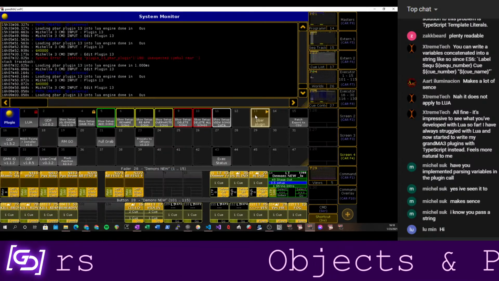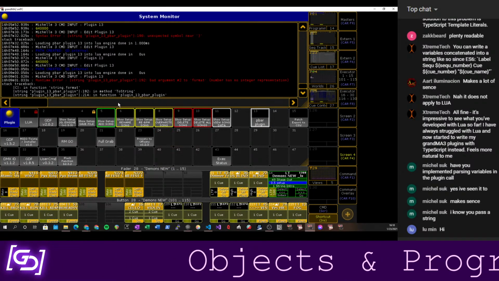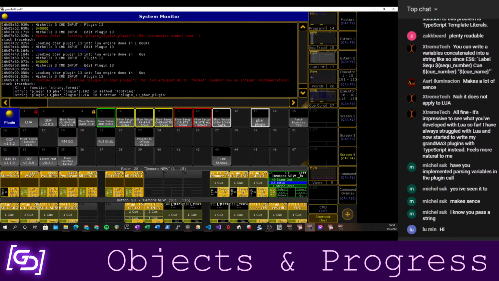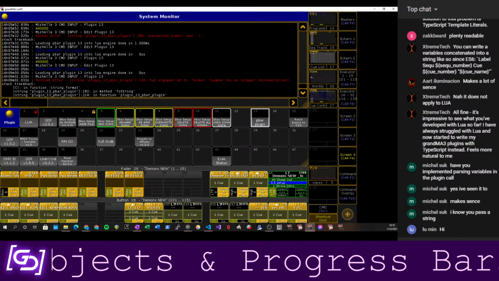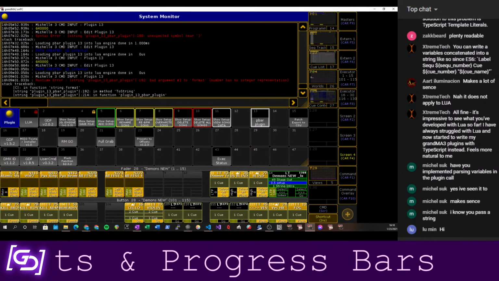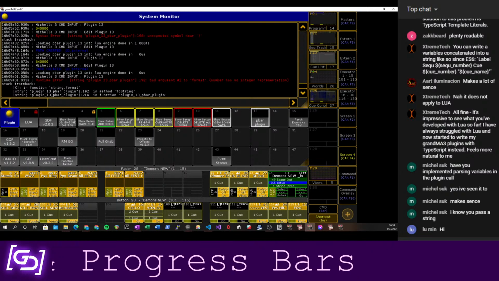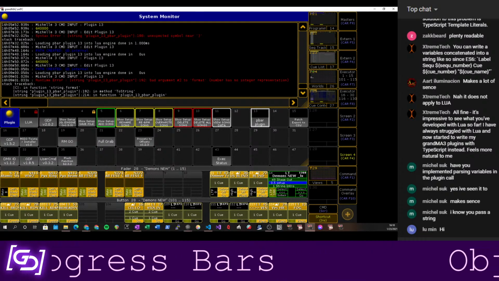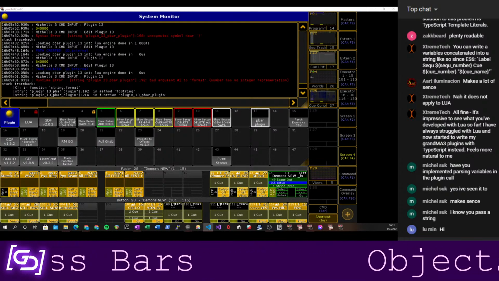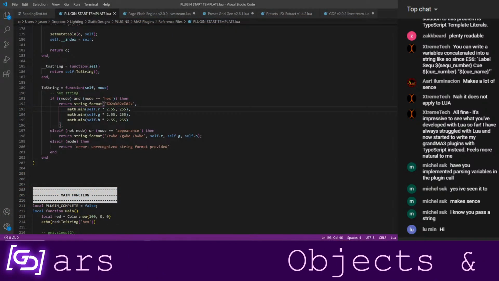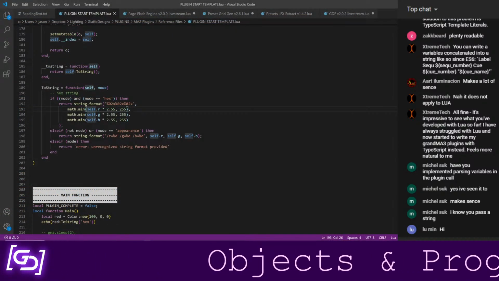Let's hope it's one more shot. Oh my lord. 192. Number has no integer representation. Okay, so apparently I gave it a decimal and it didn't like that.